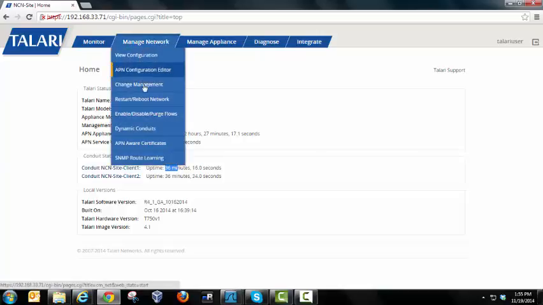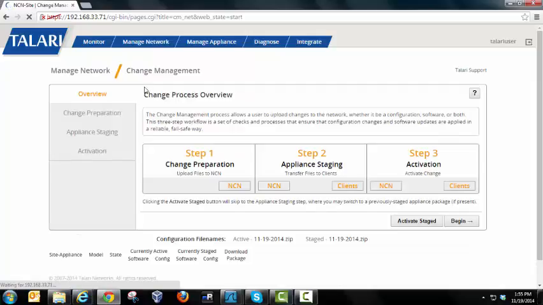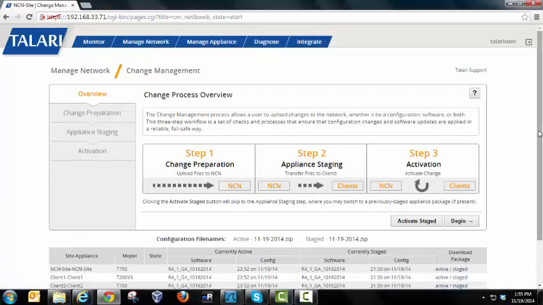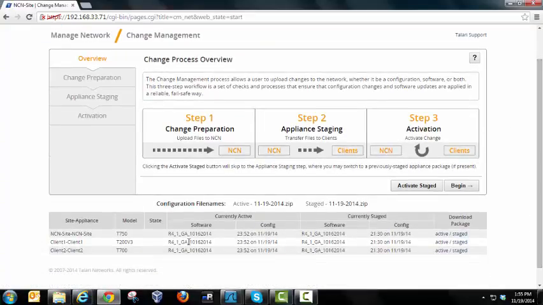Manage network, change management. All right, and as you can see, we have a table down here of what our currently active software is, when the last config was loaded, and then our stage, right? What was prior to then. So there's two copies in there, what we're currently running and the copy before then. All right, so we're going to begin,